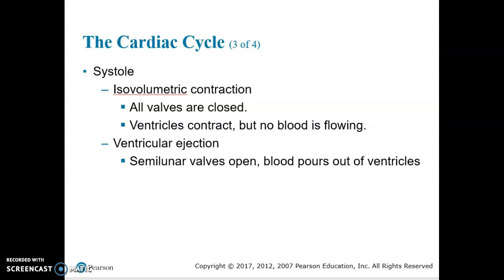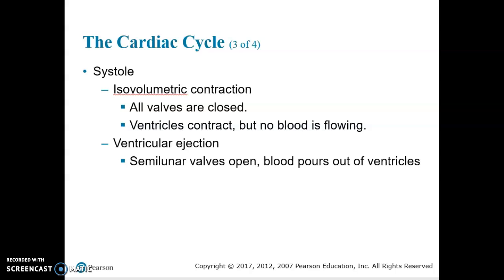During ventricular ejection, this is the second phase of systole, the ventricular pressure is high enough that the semilunar valves pop open and blood pours out of the ventricle into the pulmonary and into the aortic artery, okay? So ventricular ejection, we just got enough pressure that this valve's going to open, and it opens and blood starts